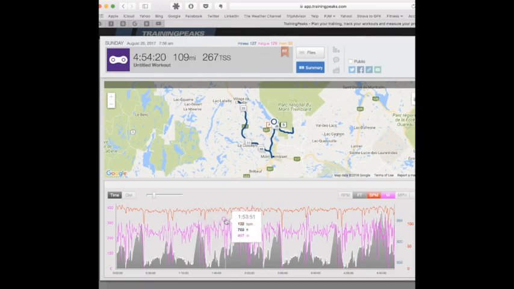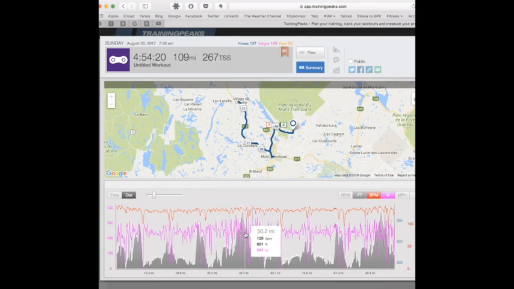A general easy analysis to look at is splitting your ride. You can say, like, show me this ride by distance. So you can kind of find, this is 109 miles it said, so you can find, call it like 50, whatever that is, 54 miles like this, and you can highlight this section,